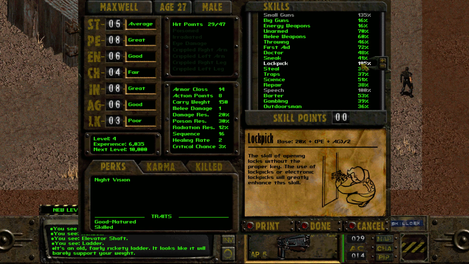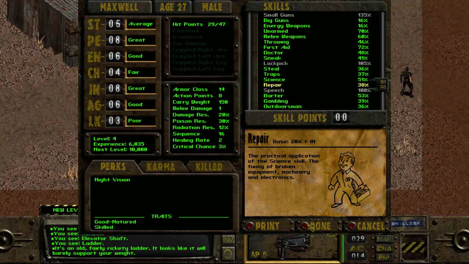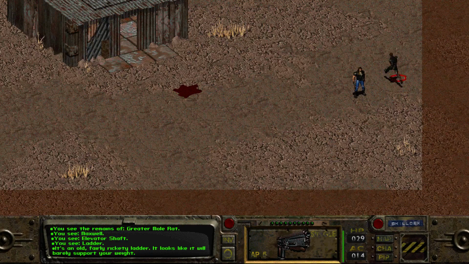I want lockpicking pretty high because, you know, you can usually pick locks with lower skill levels, but since we're not save scumming, there's another problem, which is jamming locks. If you critically miss a lockpick, basically it gets jammed and will take like 2 days in game to unjam or something, I don't know. Or you have to blow the door open or something like that. Or use repair. I think you can use repair to unjam, but since we're not a repairman,